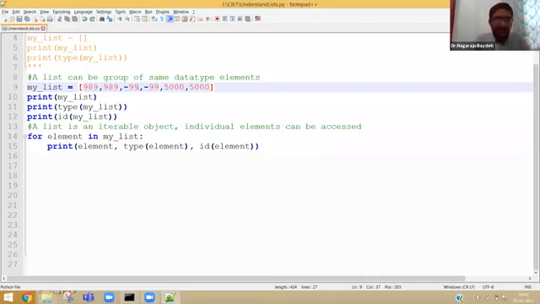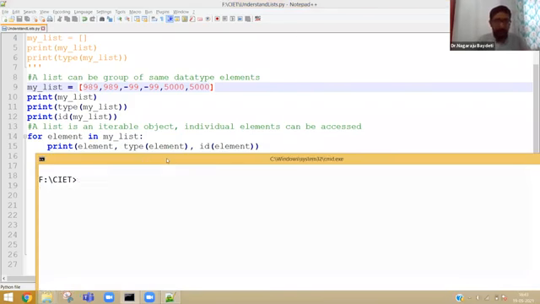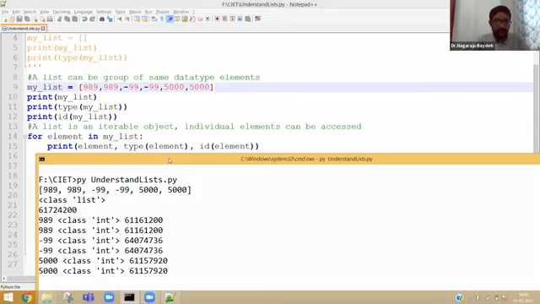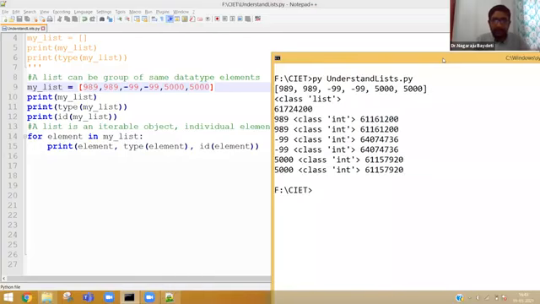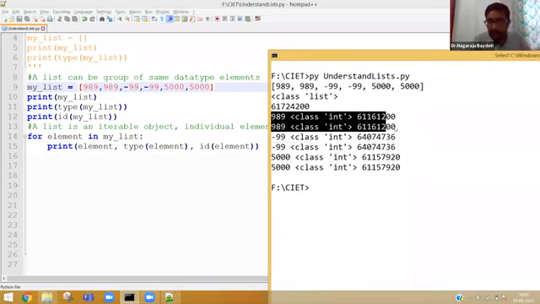Now, let us try to understand how the memory management is done in Python. So here what is happening? Even though it looks like 999 is also cached, correct?